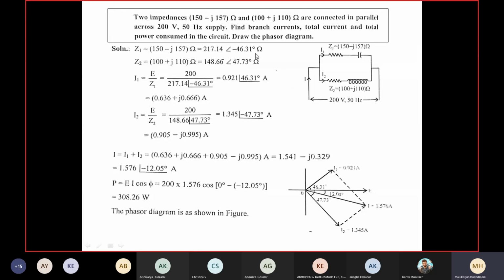In the ES 991 calculator, it is very direct. Whatever you type here, bracket 150 minus J157, that complete, you have to press Shift 2. In your ES 991 ES silver panel multi-line display, you will get a panel of parameters. You want it in R plus J, R minus J, R angle theta; any possible modes will be there. The mode concerned with polar may be 2 or 3. Hit that number, and automatically it will display the whole answer. So that is called advanced mode.